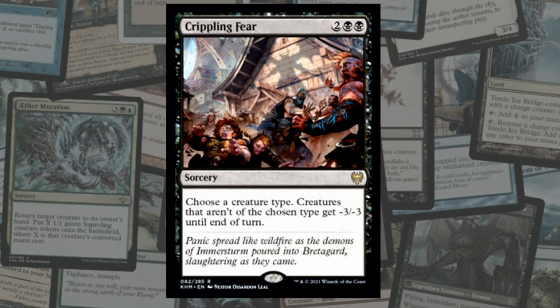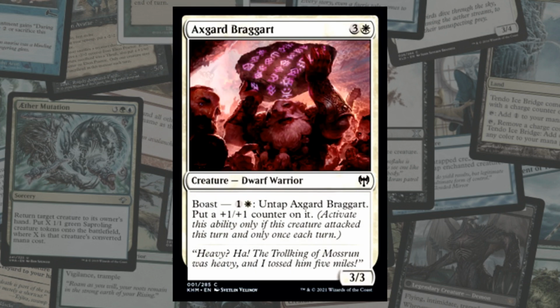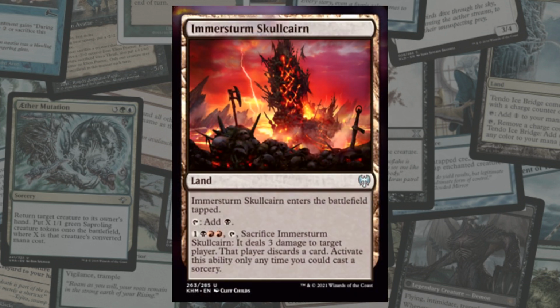Then there's Crippling of Fear for 2 colors and 2 swamp. Choose a creature type. Creatures that aren't of the chosen type get -3/-3 until end of turn. Then there's Axgard Baggarat for 3 colors and a plains. Boast. Untap Axgard Baggarat, it gets +1/+1 and a counter on it. Then there's Imistrum of Skullcairn. It comes in play tapped, and then you can add a swamp or pay 1 color, a swamp, and 2